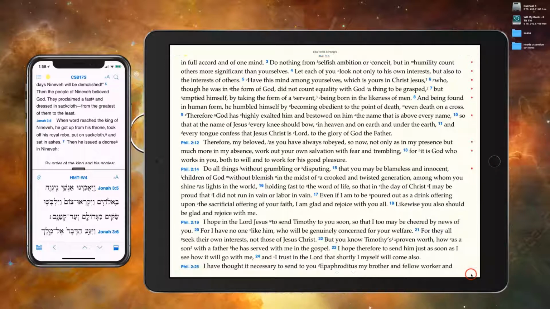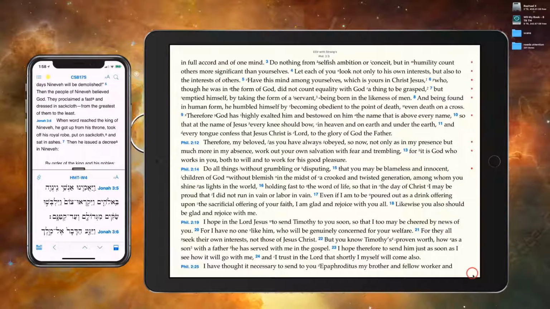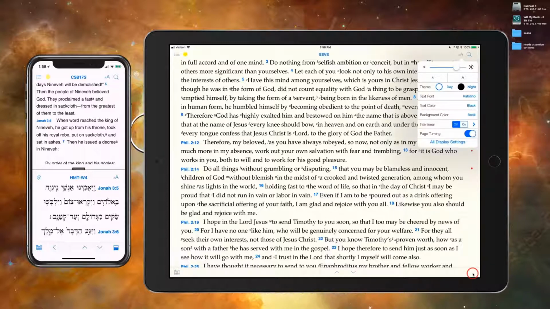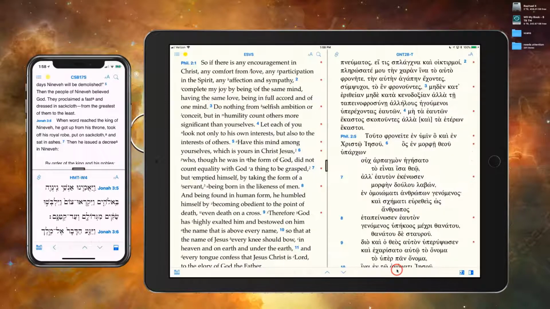I'm going to try to... My interface. Oh, it's because I've got the page turning turned on. That was a good error that I made there. If you go to turn on that second pane and the icon just doesn't appear down here, that means you have page turning turned on. So let me turn it off. Now it shows up. Okay, so I'm going to open up that second pane,